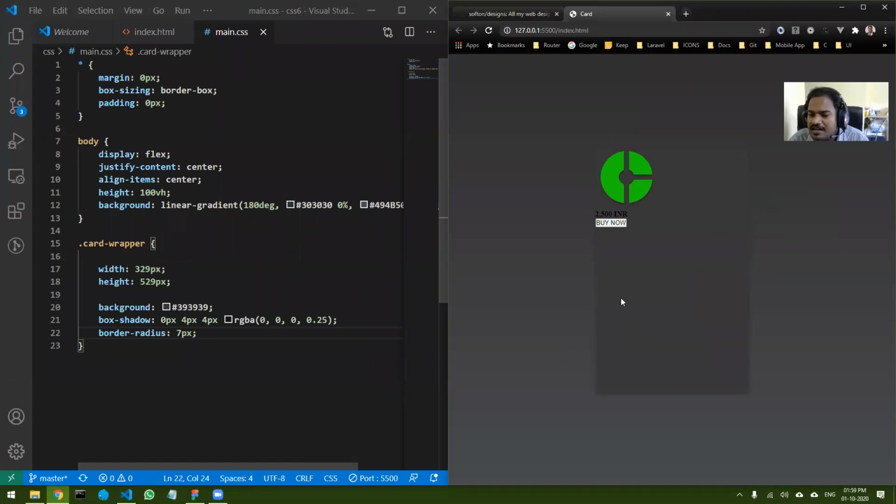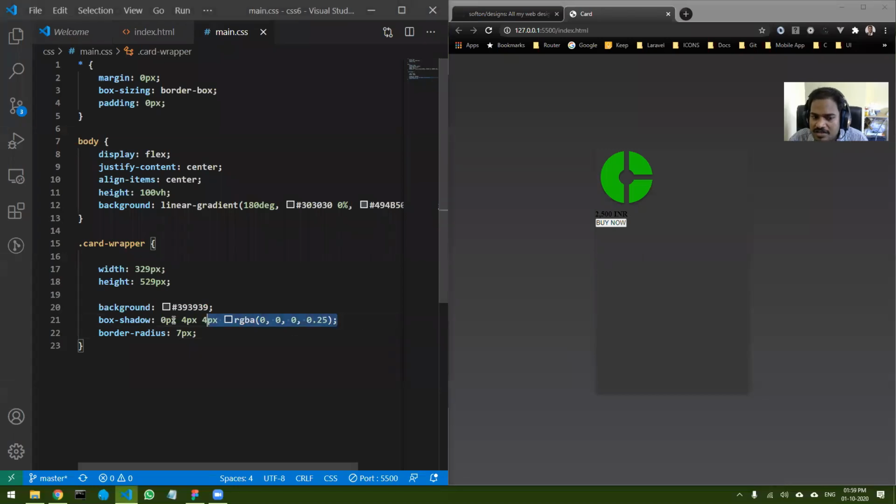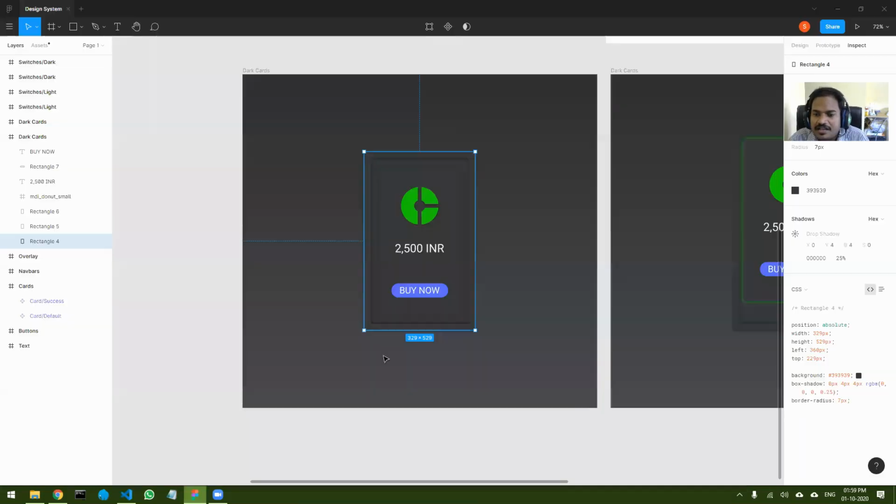Perfect. Okay, I did not do anything much. I have designed this in Figma, copied the style from there and pasted it over here. Okay, obviously you can write all these things yourself also. It is very easy, but you know, it is very difficult to visualize everything in CSS first and then develop it. Okay, it's better to do it in Figma and then prototype it.